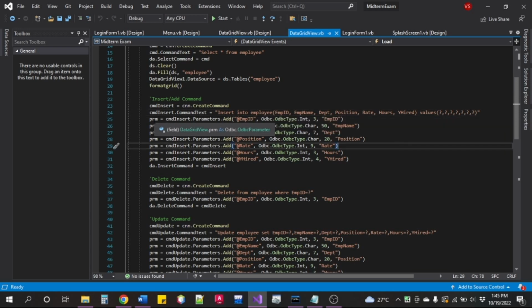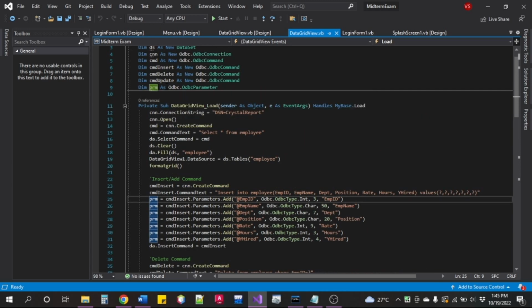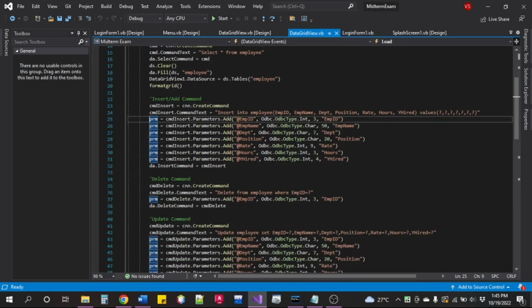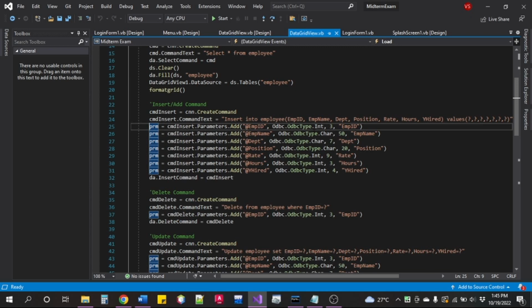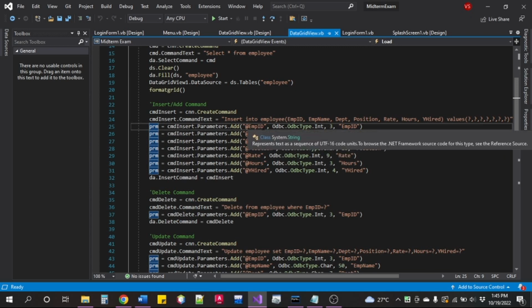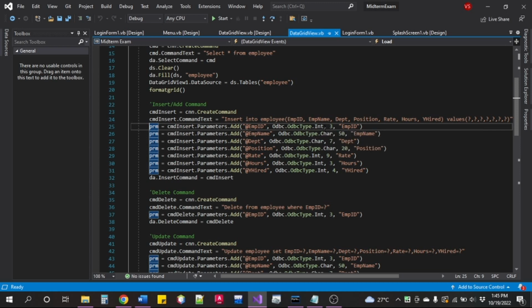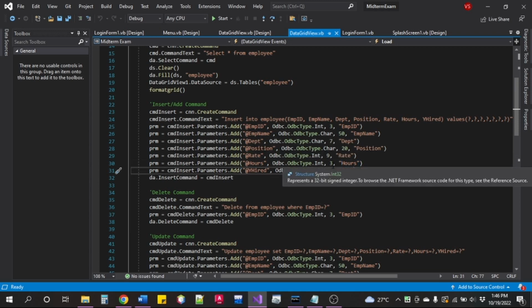Then PRM, we're setting our parameters. PRM, we've declared it here. So CMD insert parameters add @emp_id, ODBC type int, then 3. So just type this first. Remember, in this part we have the at sign, then here we will remove the at. So if you'll notice the values here,